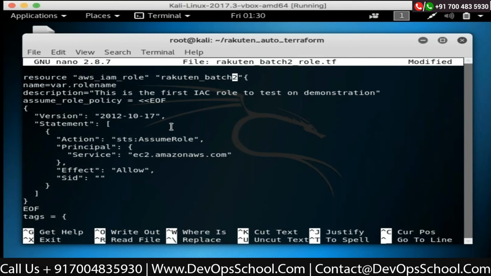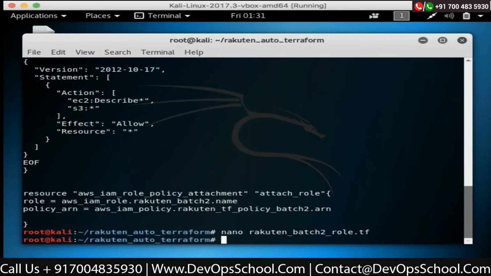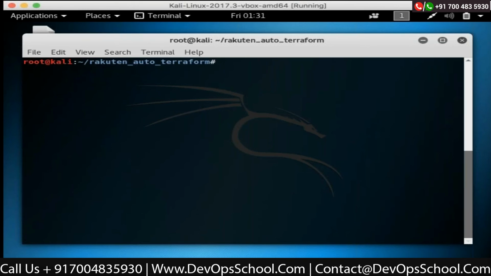Okay, so Control X. On this Control X, I want to save, yes. Okay, now once you're ready with your set of changes, with your set of files, what you can do is